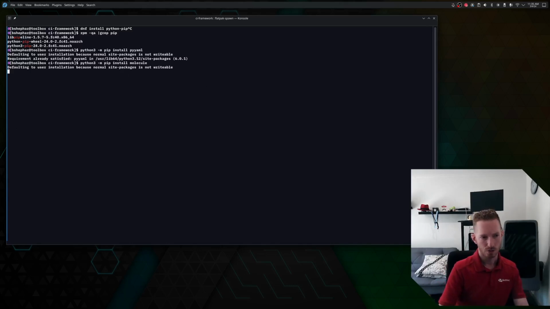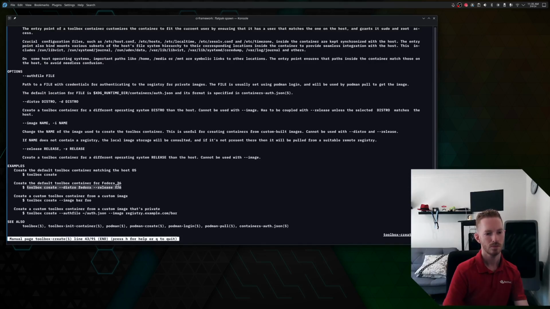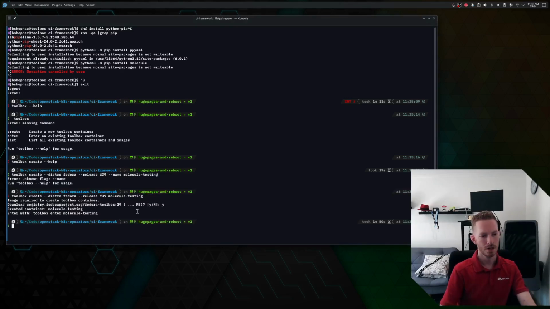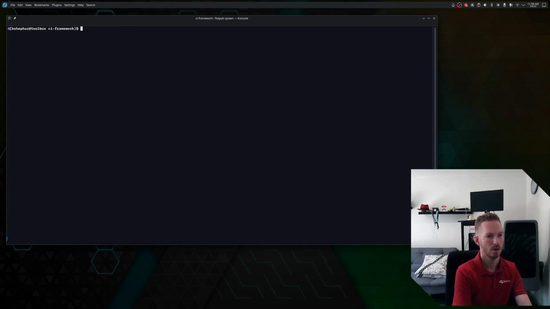You can create different Toolbox containers as well. So if, for example, our CI environment is using a certain version of Fedora and I want to test on that certain version of Fedora, I can just create a new image like this. Now we've created a new Toolbox container that we can use for Molecule testing. So we execute into it here, and we can do